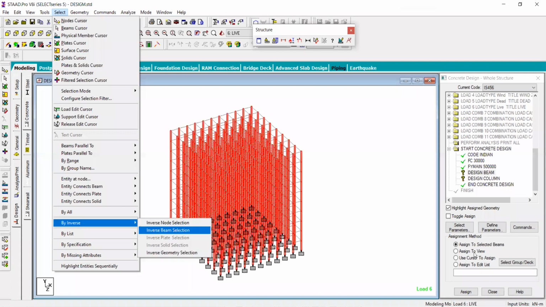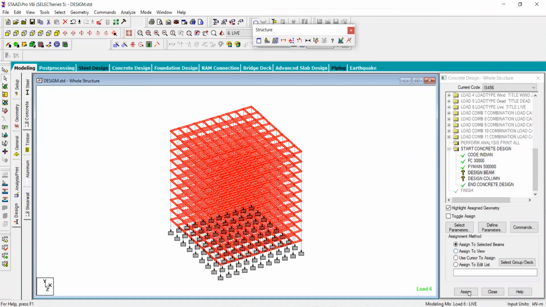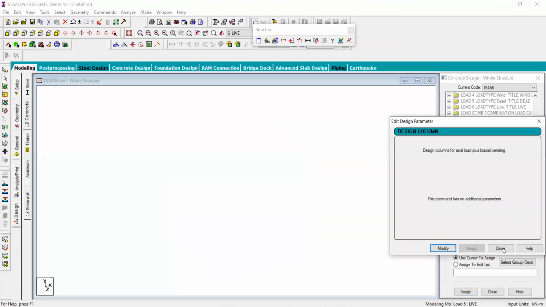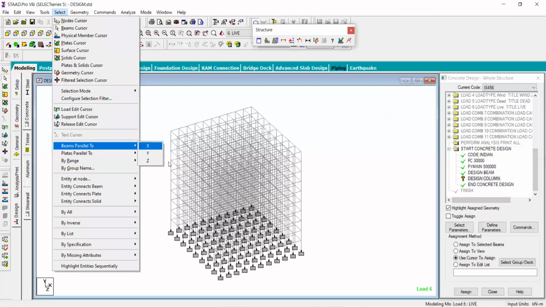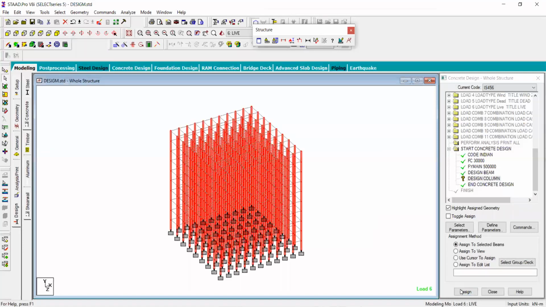It will select all the beams and columns, and go for assigned to the selected beam, it will take it for design. Similarly, for the design the column, just go for select, beam parallel to Y, and assign to this one, and in this way.